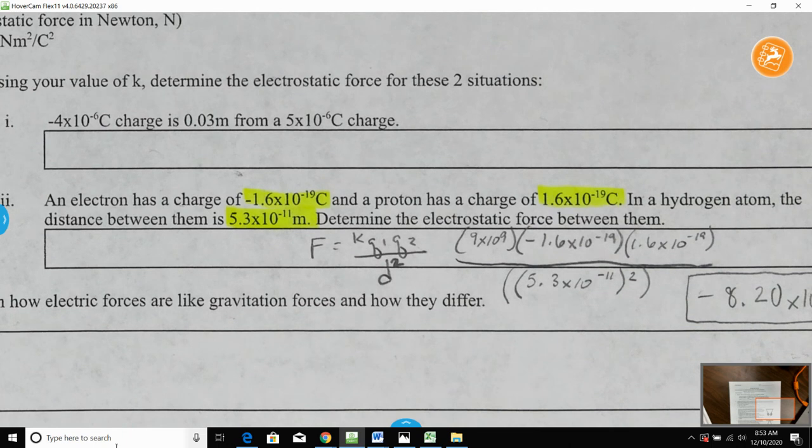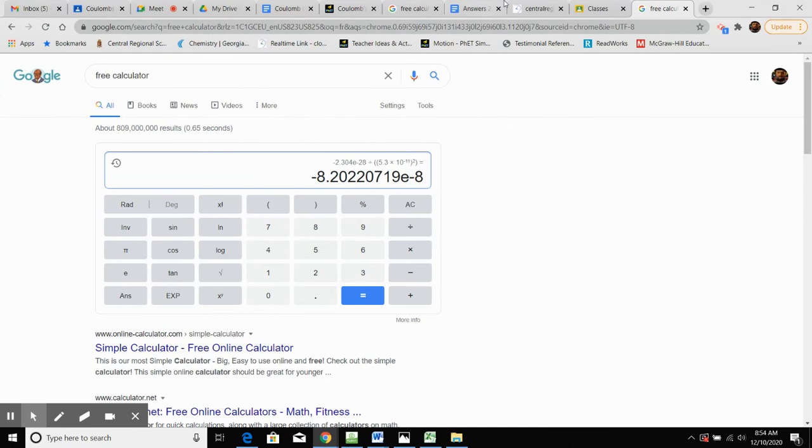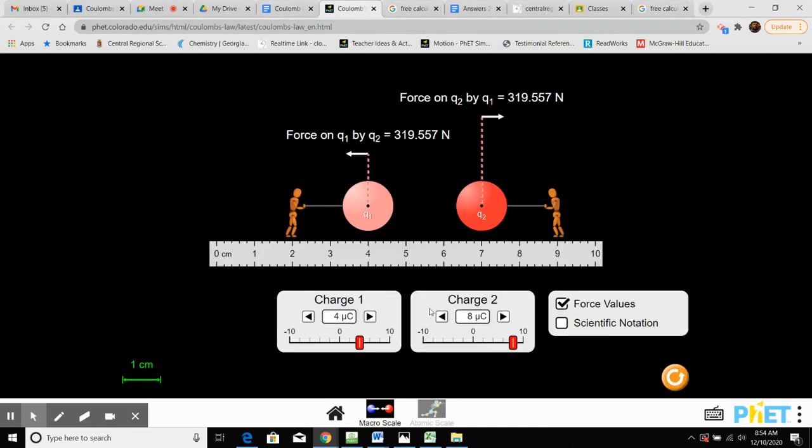Okay. So with that being said, I just want to roll through a couple things here. Today we're going to do an online virtual lab. All right, that deals with Coulomb's law. And what you're going to do is look at a couple different factors, right? So some of them, what you're going to be asked is,